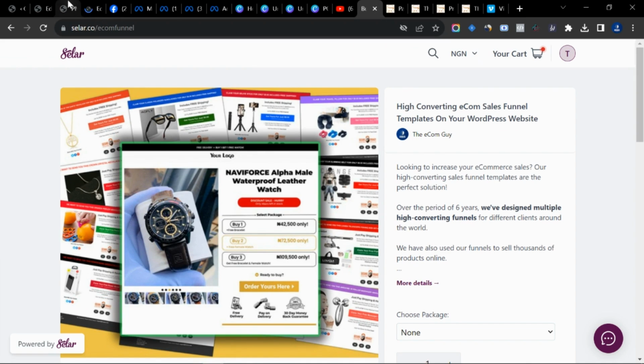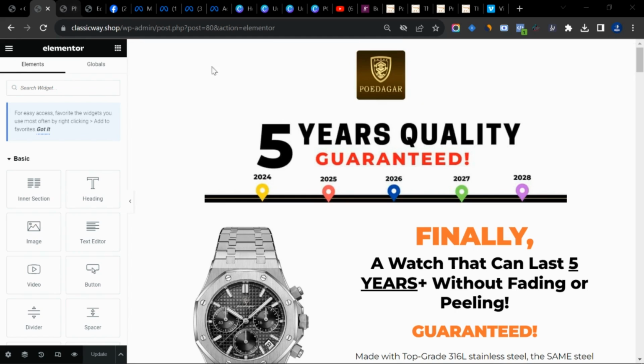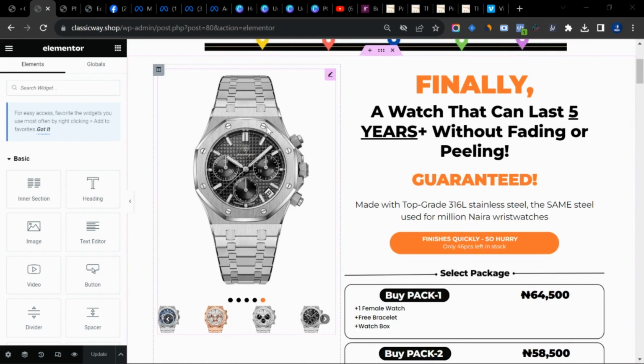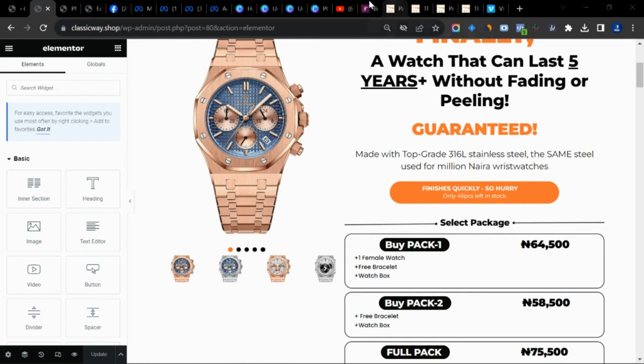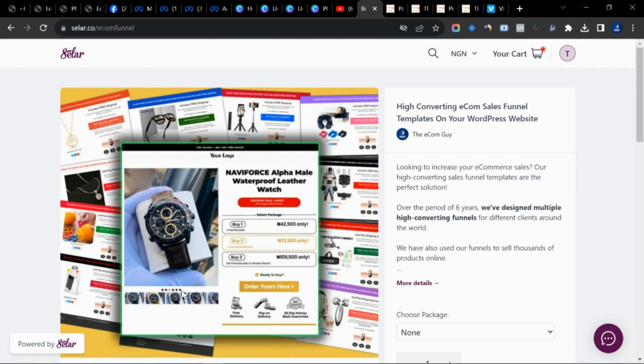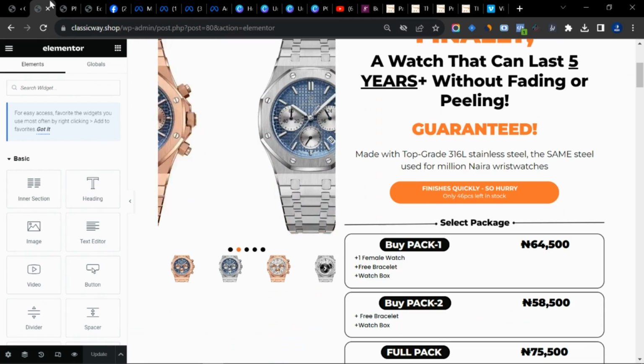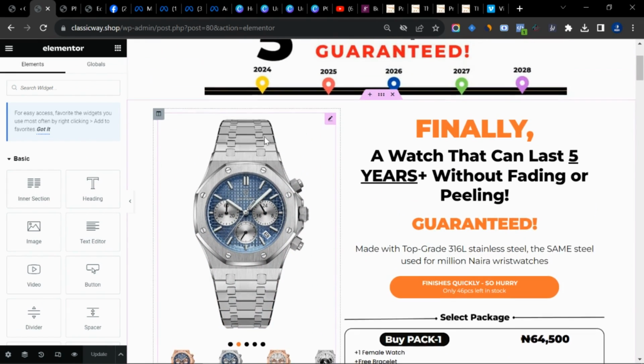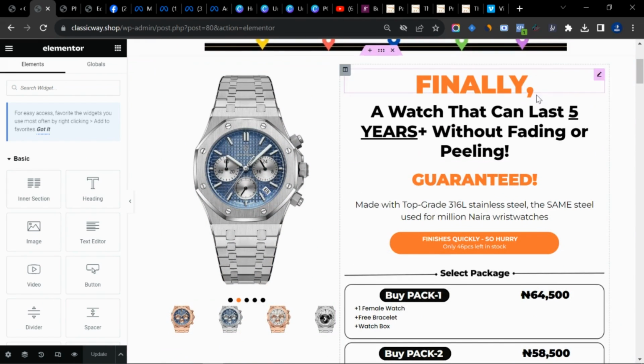In this case, you can see one of our templates right here that I just customized to put different wristwatches there. So you can see it. Now I customized this based on the particular wristwatch that I want to sell. But if you get the template, you can see that it's pretty much the same. When you get the template, there's a video that comes with it, so you will learn how to customize it whichever way you want. So you can see I want to sell this particular wristwatch,